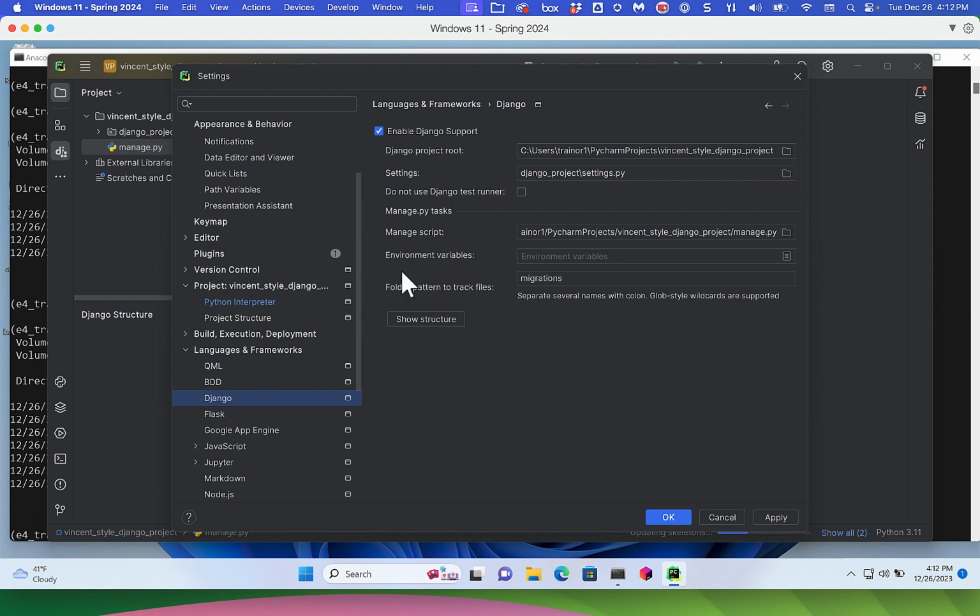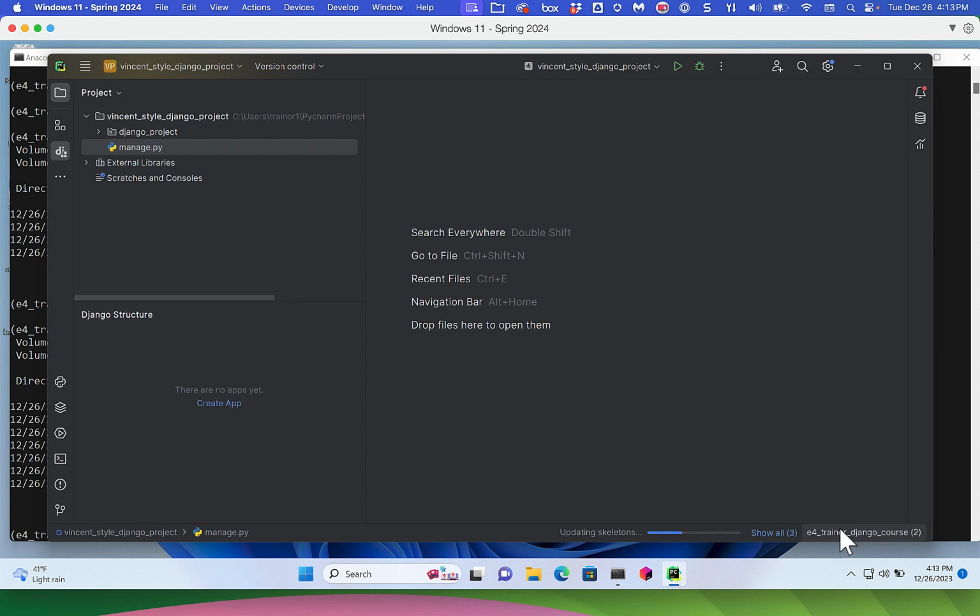Okay, now it used to be that if you created a Django project at the command line and you came in here and connected to your virtual env, then when you came down to languages and frameworks and came to Django, nothing would be set. Now, just in the time since I've updated Django, this has gotten terrifically better, and I'm hoping that's going to persist. So again, we can click on OK,